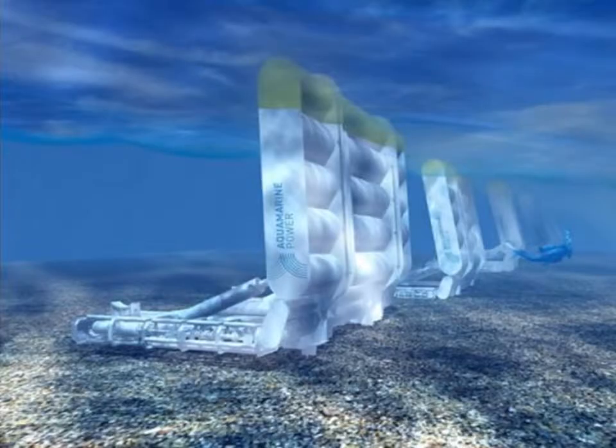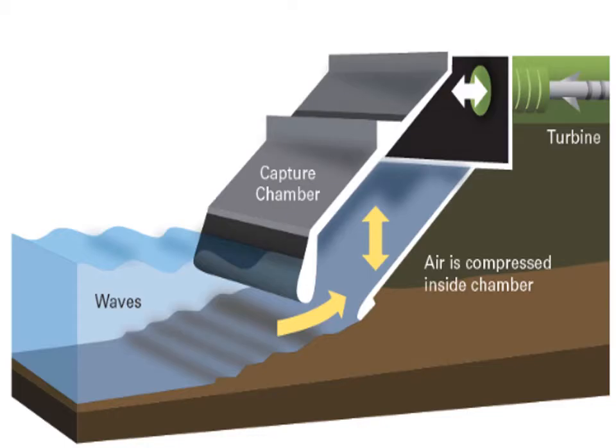An oyster device is an almost completely submerged device which pitches back and forwards in the nearshore waves. The movement of the flap drives 2 hydraulic pistons which push high-pressure water onshore through underwater pipes to drive a conventional hydroelectric turbine. An oscillating water column is a device where waves act like pistons, forcing air through a Wells turbine and then pulling it back in. The use of this turbine allows the generator to spin in the same direction regardless of the direction of the